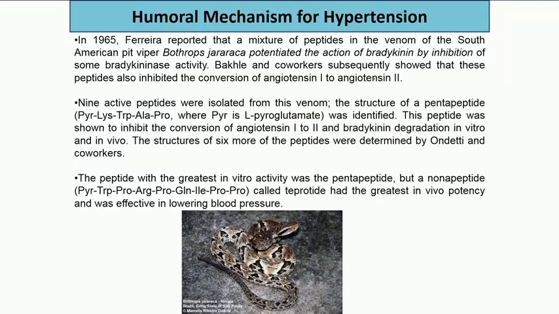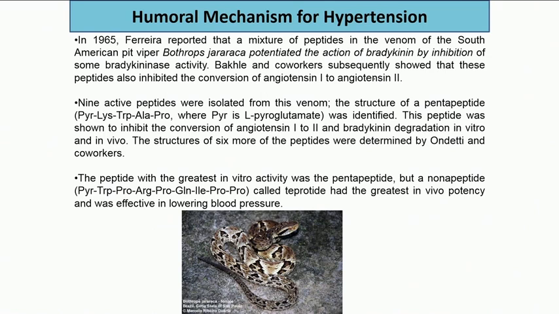Now, ACE, I told you that based on the carboxypeptidase A structure, it was assumed that ACE will have a very similar kind of active site geometry, except that it is a dicarboxypeptidase. So, we have to shift the zinc, which is binding to the carbonyl and assisting the hydrolysis. You have to shift the position of the zinc a little bit away from the carboxy end. I have shown that this is the rough sketch of the active site geometry.